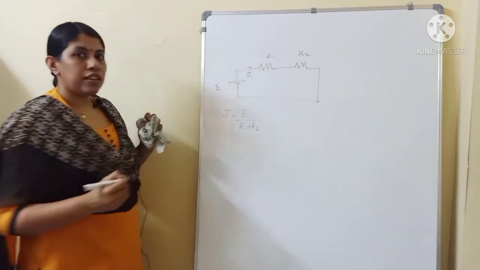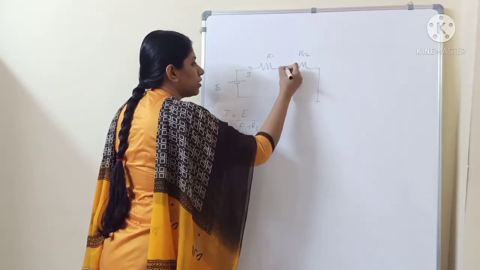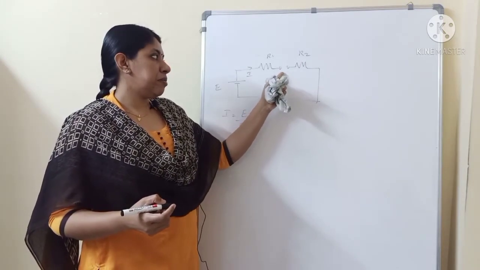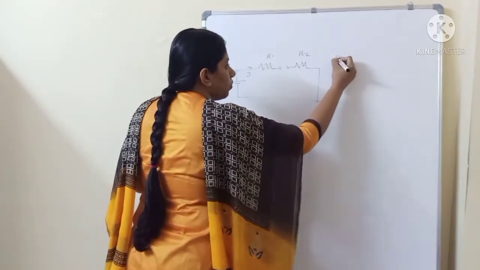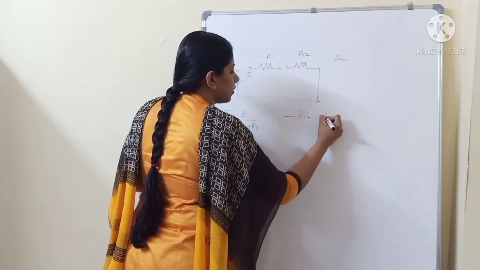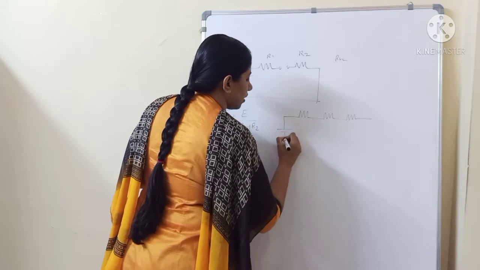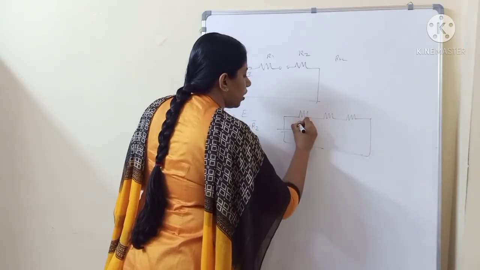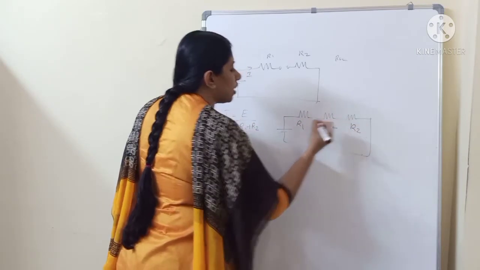So if you consider an open circuit in this circuit, that is here, if you imagine there is an open circuit, then the current through the circuit will be 0 and the resistance will be maximum here. If you replace it with the resistance value ROC, the circuit can be redrawn like this: R1, R2, and we will replace the open circuit with the resistance ROC.